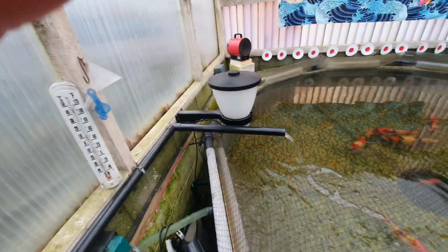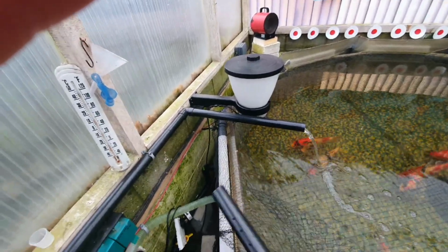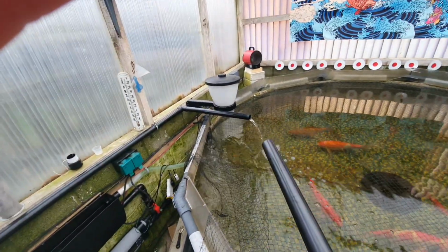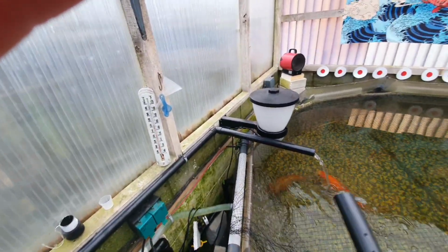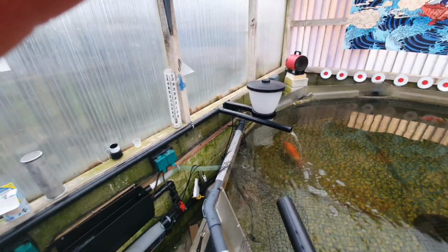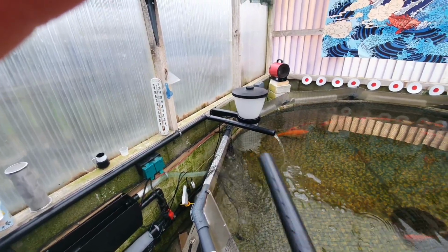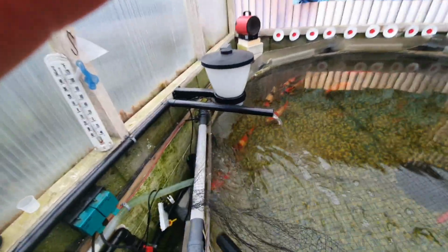So what I'm going to do while I'm in here, and I've not tried this yet, guys, is this: as you know, this is split off to run through the moving bed, and there's the outlet to the moving bed, and I'll measure the water flow through that in a minute. Before I do this, I might try and get that water to loop over so I can measure the flow rate in that, and I'll report on what it is. But what I thought would be interesting for you guys is if I